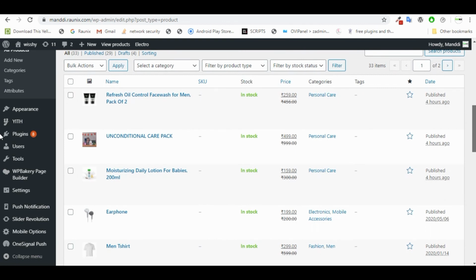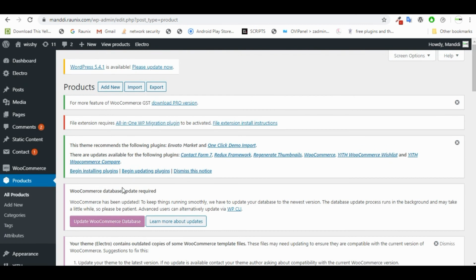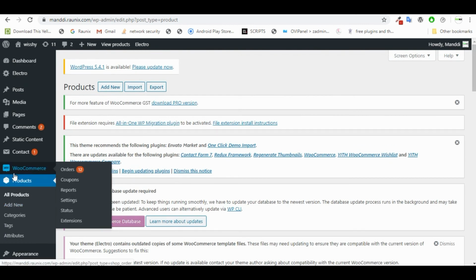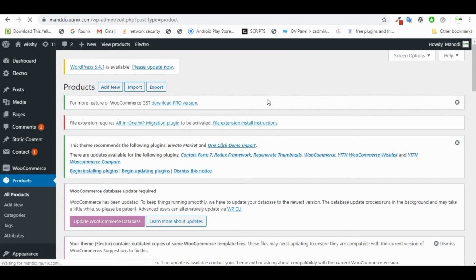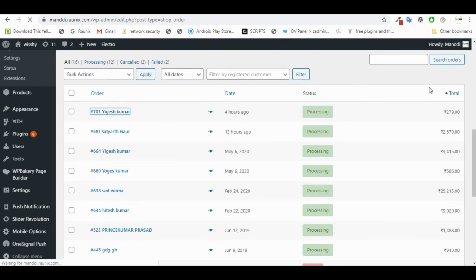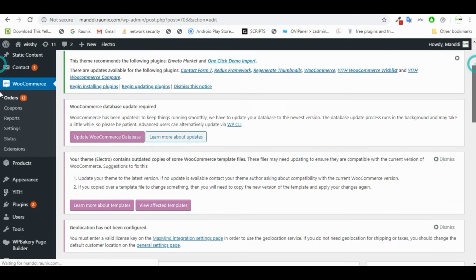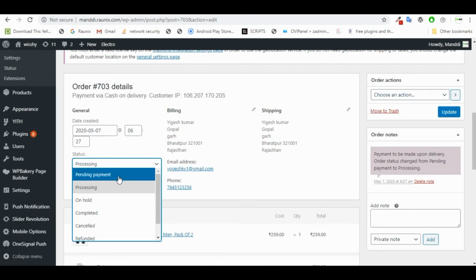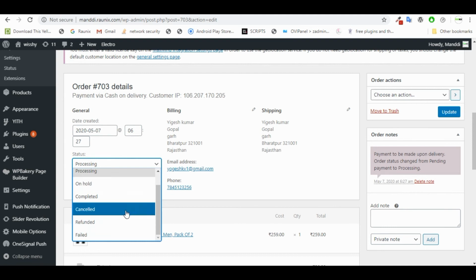From WooCommerce and orders, as we saw previously, you can check your orders, what your client details are, what their address was and everything. And you can change their order status like processing, completed, on hold, cancelled, and the client will receive the notification in mail.